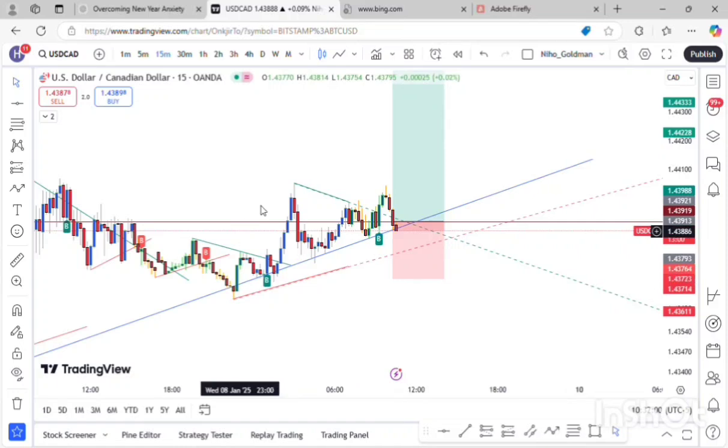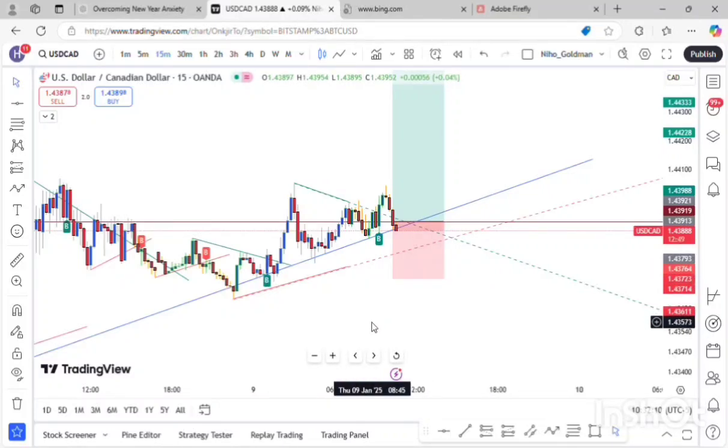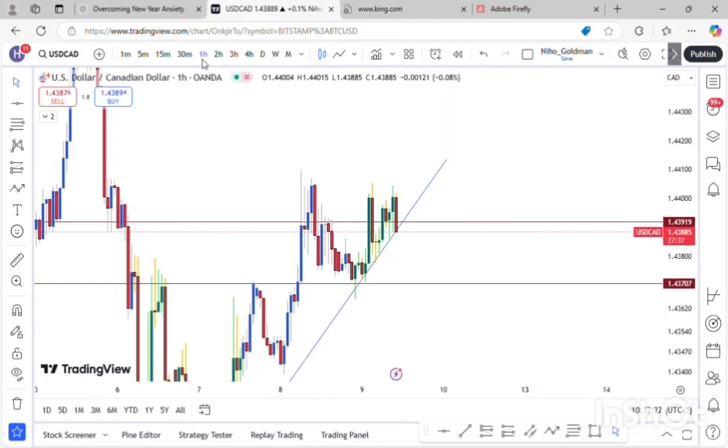There was a breakout of this trend, this particular trend here. So normally I should wait for a retest before I enter there. You can see now it's looking like it's broken back, like it's going to go hit stop loss. Well, on 1 hour, let me switch to 1 hour. Network is bad. Okay, on 1 hour,